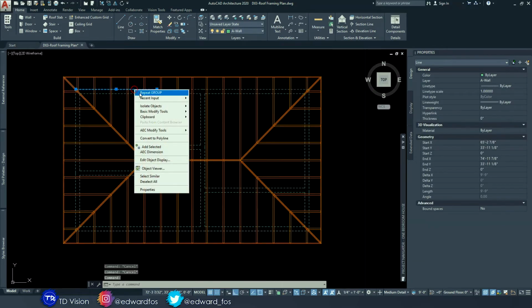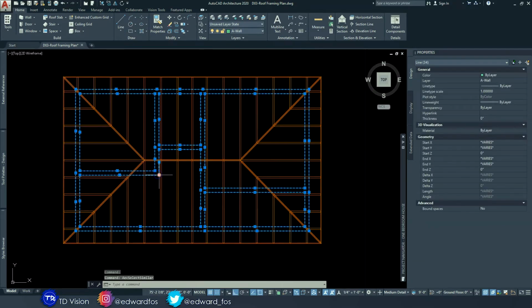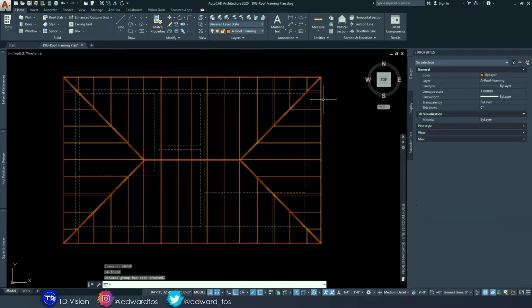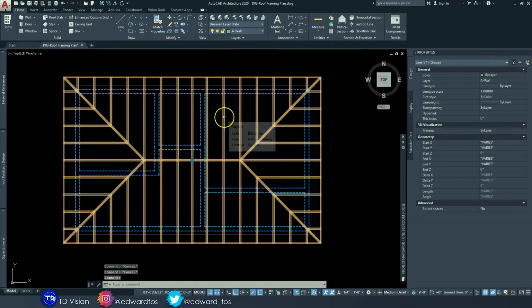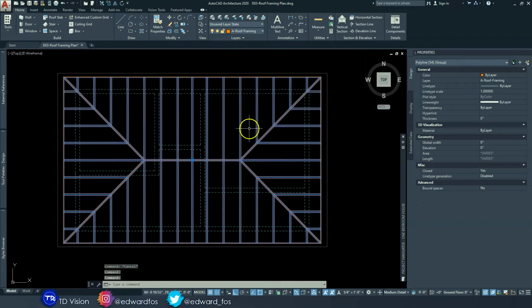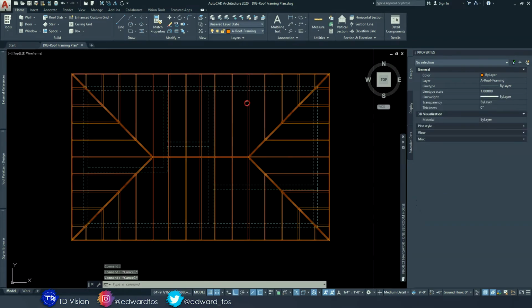So I'm going to do the same thing with the walls. Select all, and I'm going to just group. And you can also ungroup it by just typing ungroup. All right. So the walls are grouped, the roof is grouped, and so now we're going to add some details